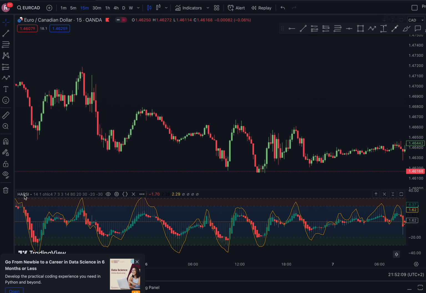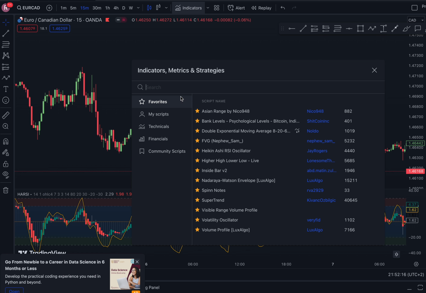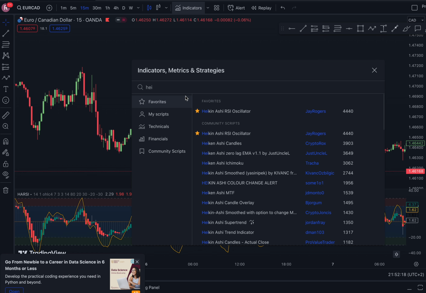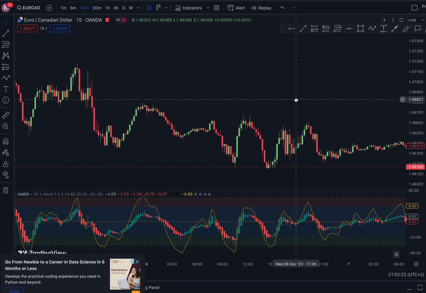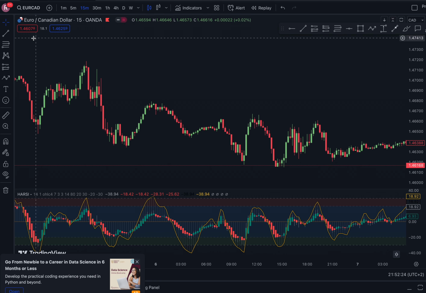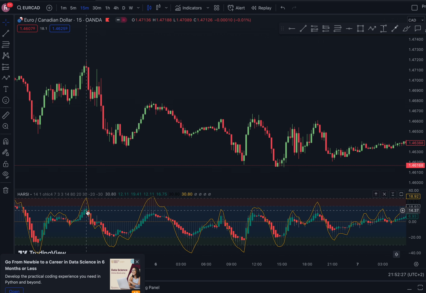So first of all, it's called HASI. It's a Heiken Ashi candlesticks. You can get it on TradingView. Just go to indicators and type in, there it is, Heiken Ashi RSI oscillator. Cool. Now once you have that, I want you to have your settings on